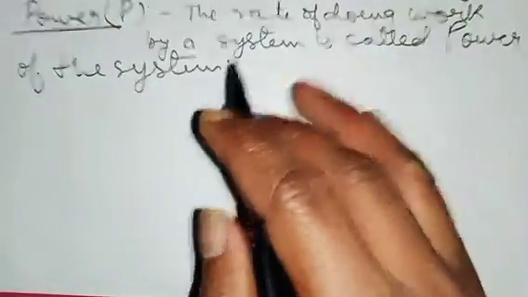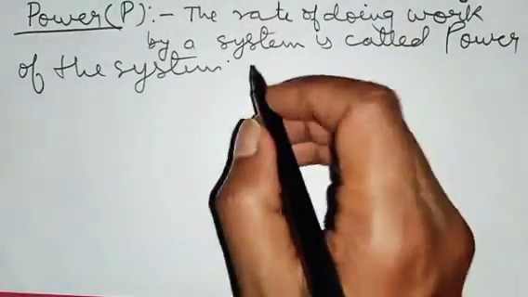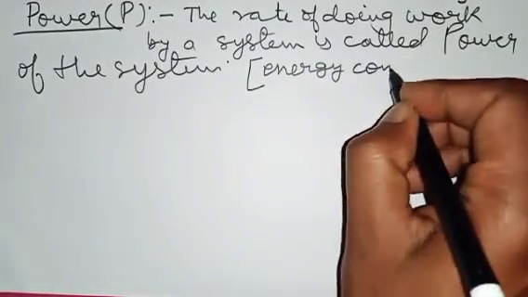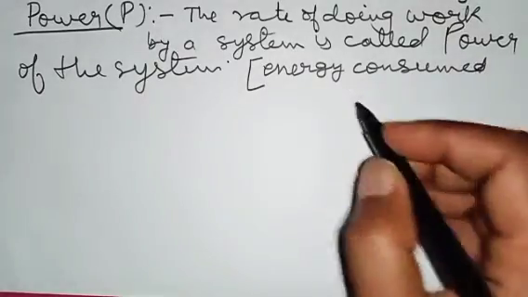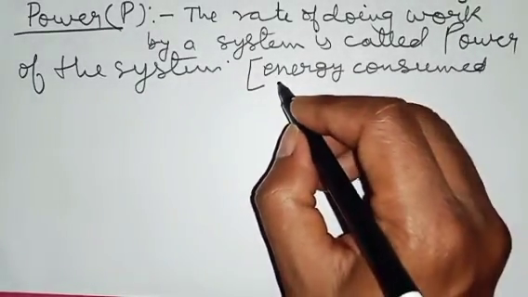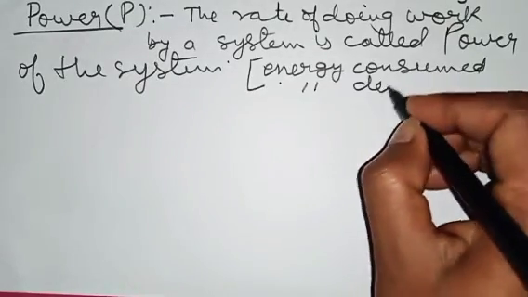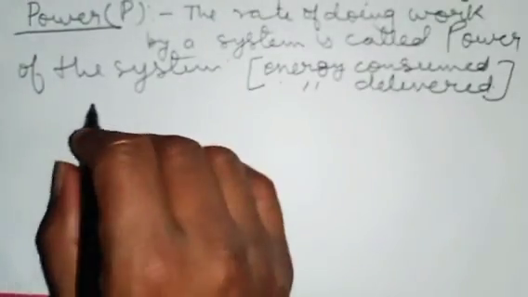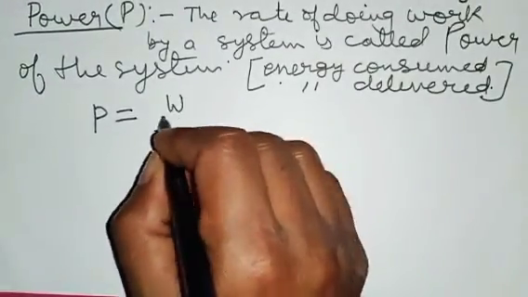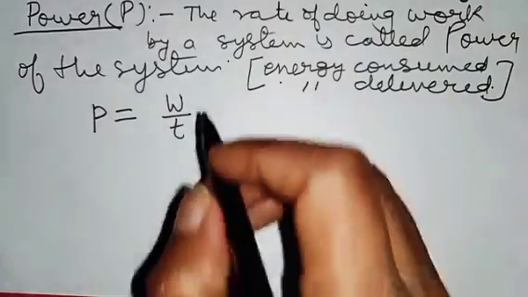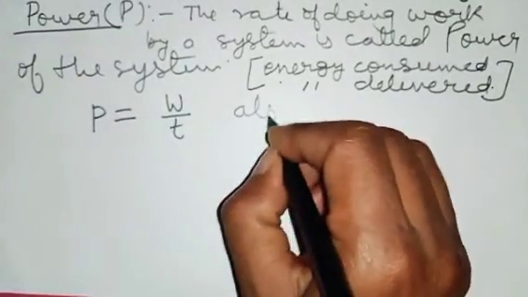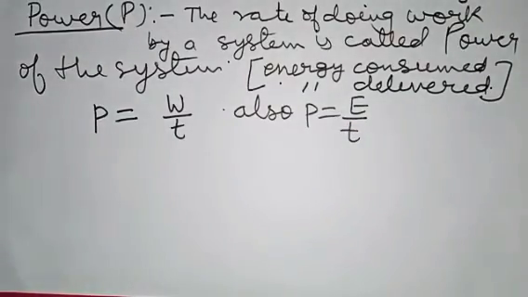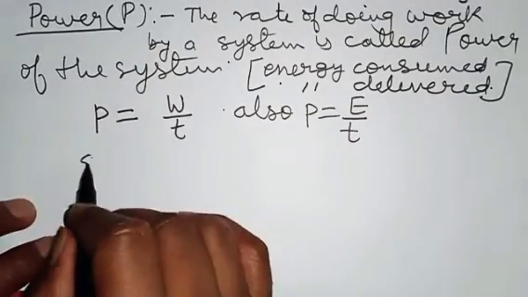In simplicity, we can say it like this, but this work done can also involve energy consumed, can also involve energy delivered. So keep these things in your mind. So power is work upon time, and it can also be given as power equal to energy delivered or energy consumed by time. It has SI unit